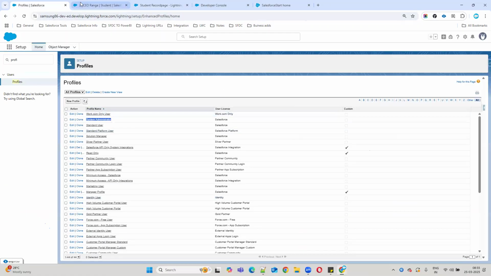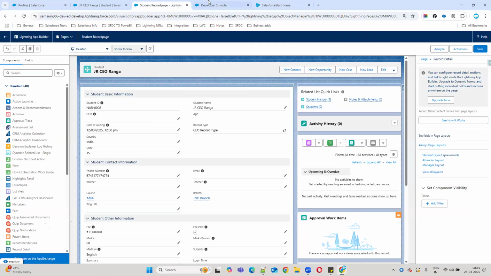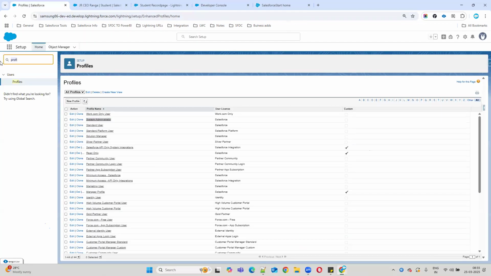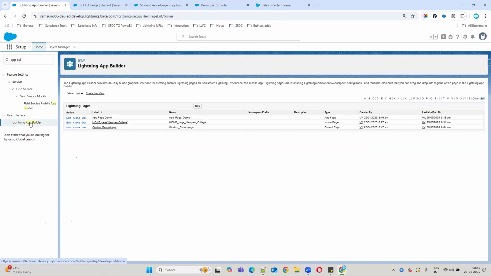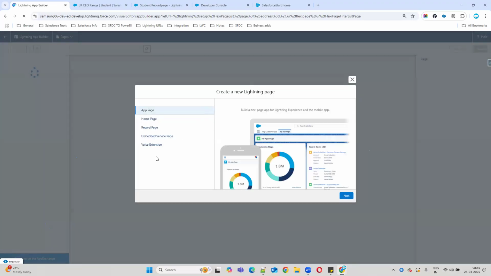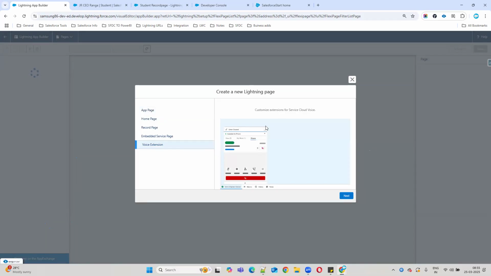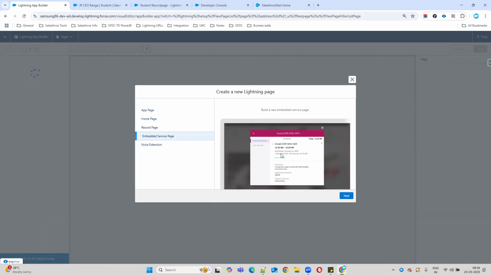I think this is a new feature. I want to know what is the use of this one. I'm not sure. So, voice extensions. I think this is mainly for Service Cloud. I think you can see omni-channel. If you want to record voice and all, I think this is what you use. Service Cloud only, yes. This is mainly for Service Cloud, and this is mainly for Community Cloud. These two.